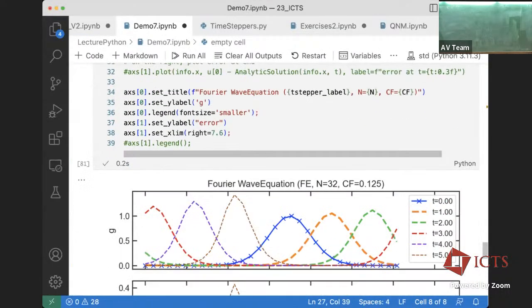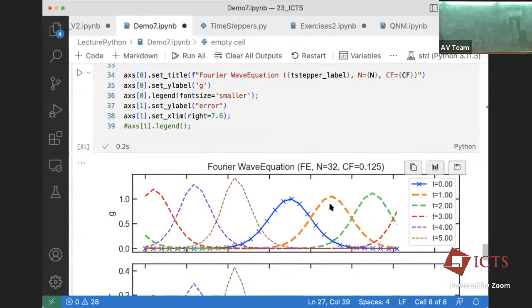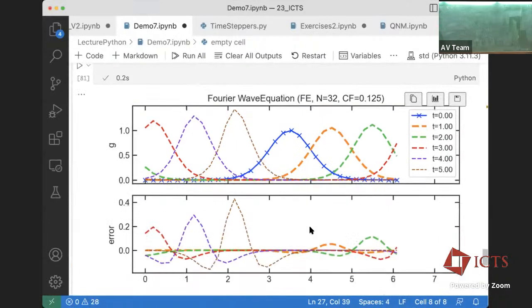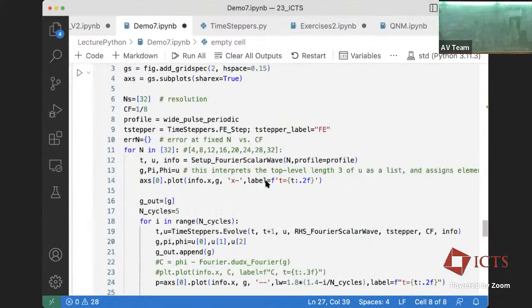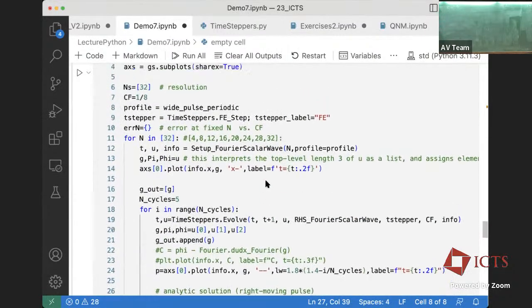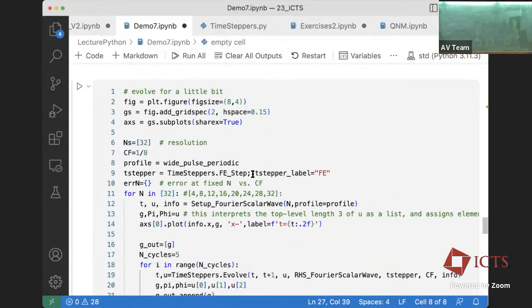So now it's moving to the right again. The error is 0.4. I think this 0.4 versus 0.2 has basically to do with the fact that in this particular case, by pure coincidence, the peak is at a grid point, and beforehand it was between two grid points. But it doesn't really matter. Let's switch over to, since I have all three of them,